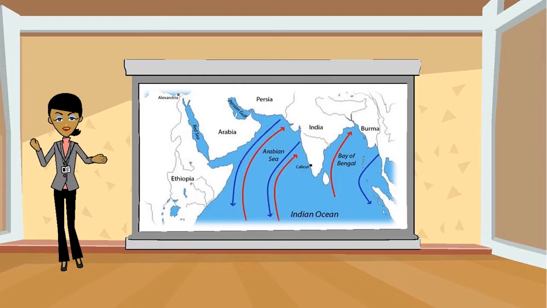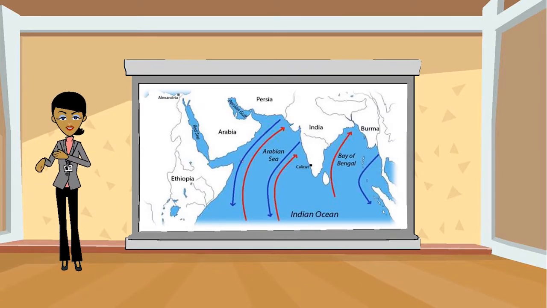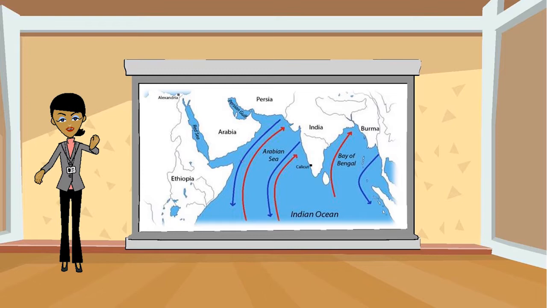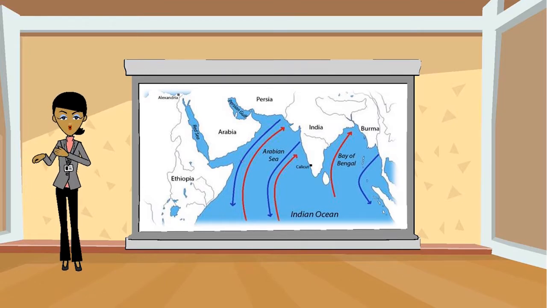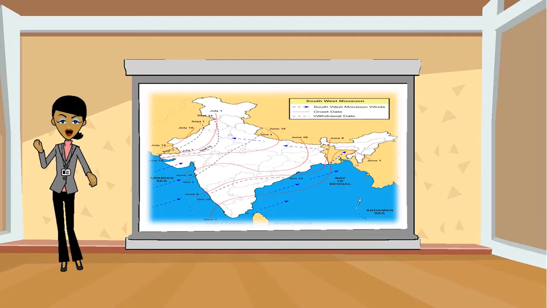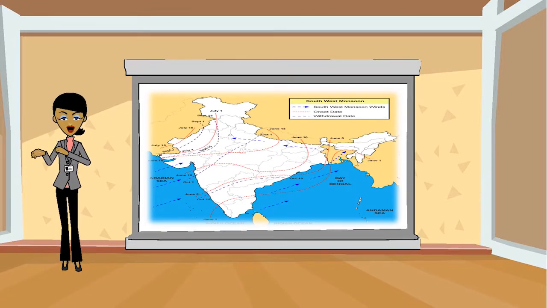Southwest winds are responsible for weather change in India. Northeast parts of the country receive maximum rainfall. Mawsynram in the southern ranges of Khasi Hills receives the maximum amount of rainfall. The amount of rainfall decreases from east to west. We have already studied that Rajasthan and Gujarat receive the minimum amount of rainfall.